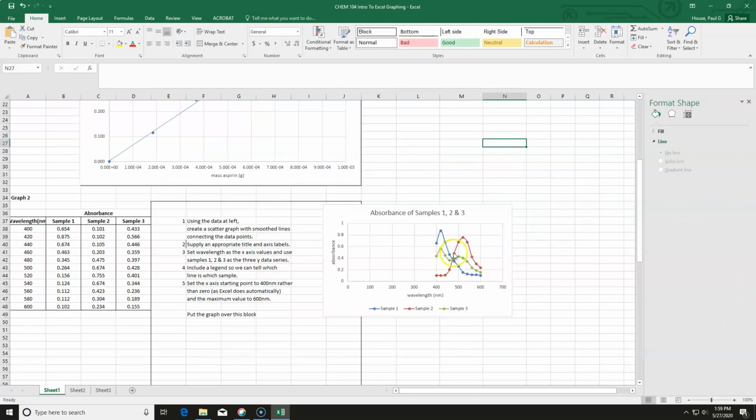All right. And so supply appropriate wavelengths as the axis, and you include a legend. So this automatically included a legend. The other thing, though, is we can see that this sort of doesn't make any sense, that we've got all this blank space over here and blank space over there. So we want to change the x